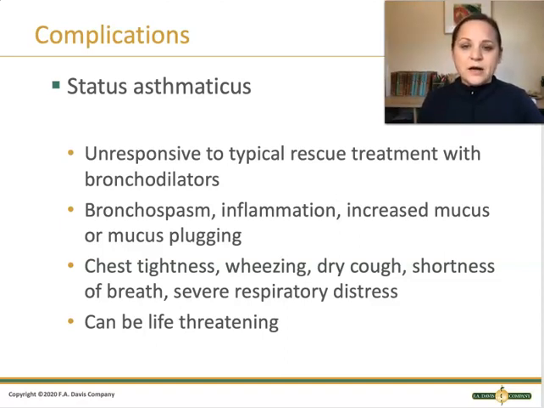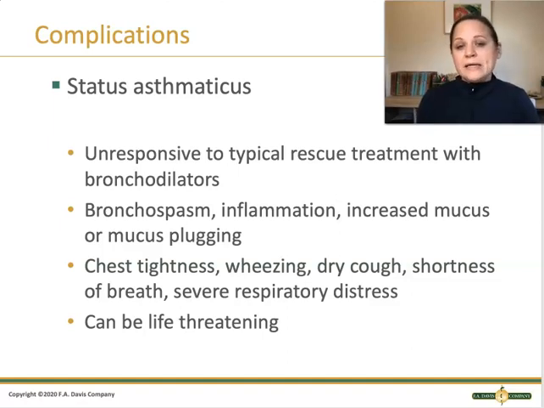And so in a status asthmaticus, these patients need to be in an ER, and there's additional medications that we'll do in an ER, including continuous nebulizer treatments, one after another, close monitoring with pulse oximetry and cardiac monitoring. And we'll even give magnesium IV to help relax the muscles in the chest and help them to take better deep breaths. And if that doesn't work, then patients may have to be intubated and put on a ventilator for a few days until we can get them over that exacerbation. So if patients are having a really acute attack, they need to be brought to an ER, and they need to do it right away.